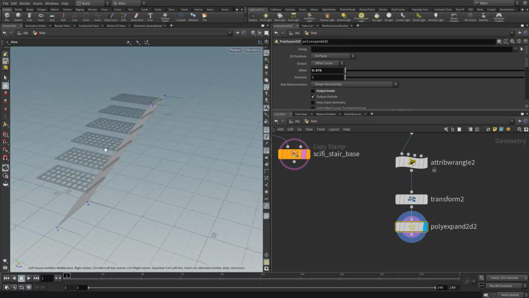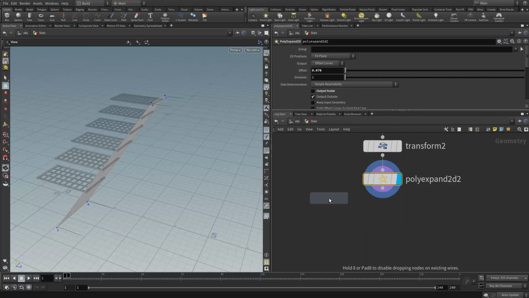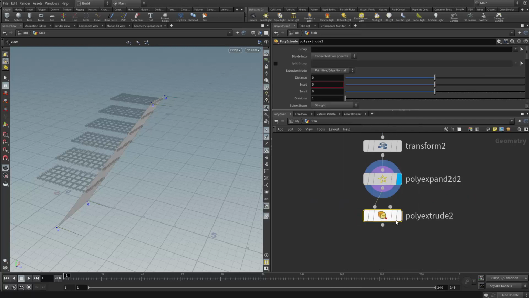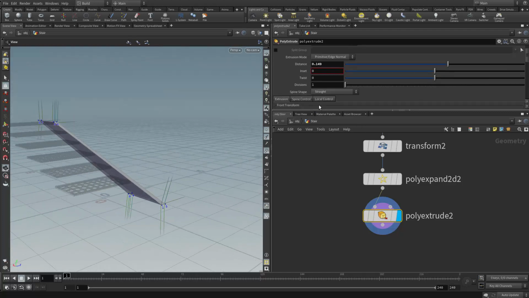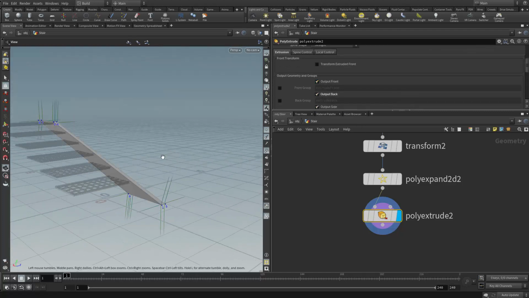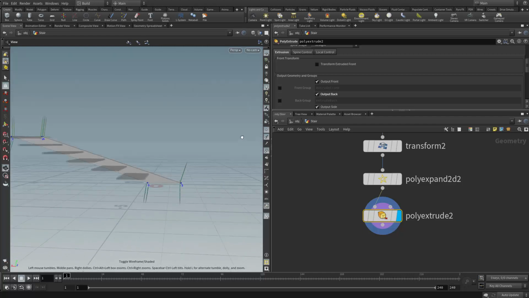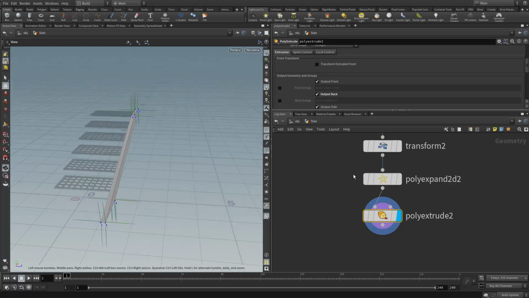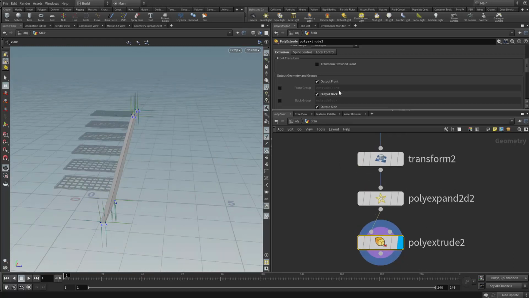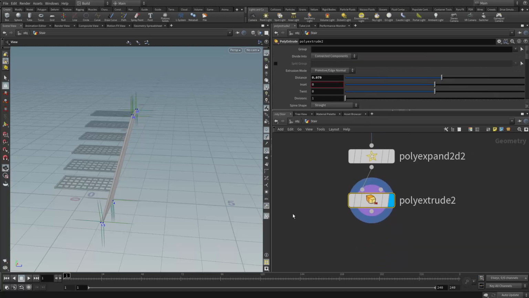And then we can extrude out the thickness by doing a poly extrude again, or the game thing, whatever. Right, we're going to output the back face. All right, and this is going to be kind of like the base in there. And let's see, maybe I'm extruding too much. Anyway,